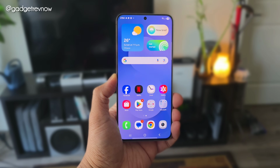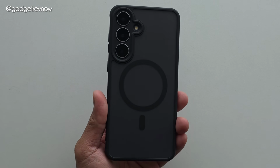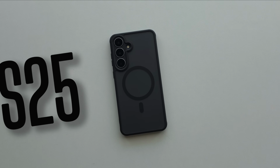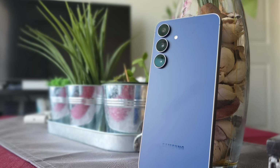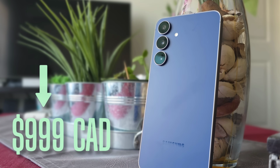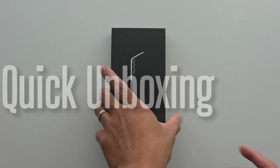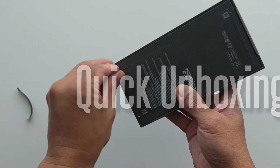It's been a few weeks, almost a month, since the Galaxy S25 Fan Edition was released, and I would say this is a pretty solid phone and a really good entry into the Galaxy flagship S series. Obviously, there are trade-offs, that's why the price is lower compared to the regular flagship they always launch at the start of the year, but Fan Edition is always a solid option for those people who want the